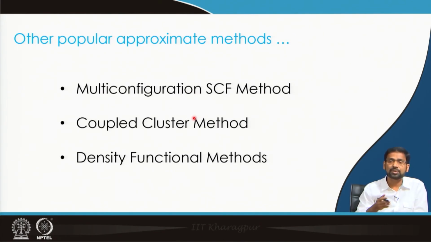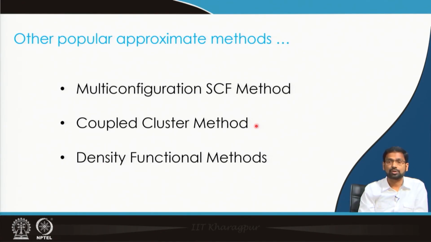But in the coupled cluster method, there is a slightly different way as to how you collect these configurations and extract your correlation energy. Either multi-configuration or coupled cluster method, both of them are called wave function calculations, because you start from this Hartree-Fock wave function and then the spin orbitals, and they are your starting point to go ahead and do your